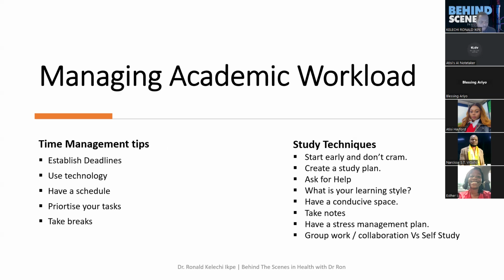There are a lot of apps out there that could help you with setting deadlines and giving you reminders if you've not done what you're supposed to do, or you've not updated this, and all of that. Please use all those. There are a couple I use. I think there is Note Taker and Microsoft To Do. Those are the ones I use, and they work very well for me. I use them to put deadlines and I get constant reminders to say, yes, you're actually on track